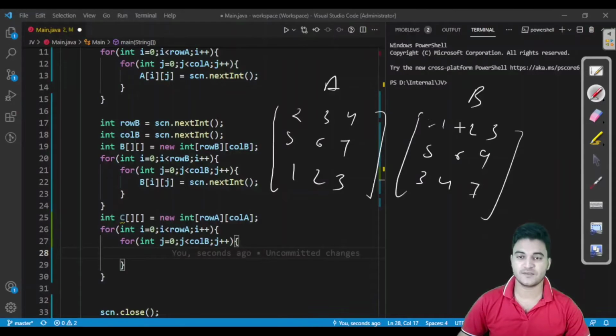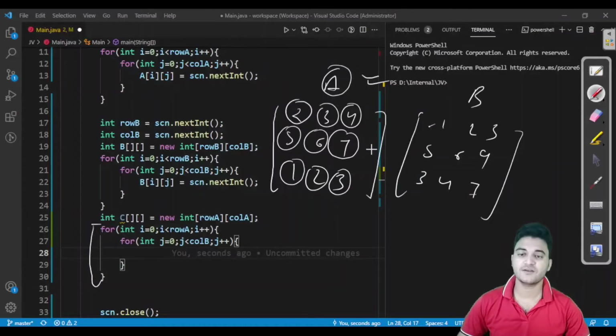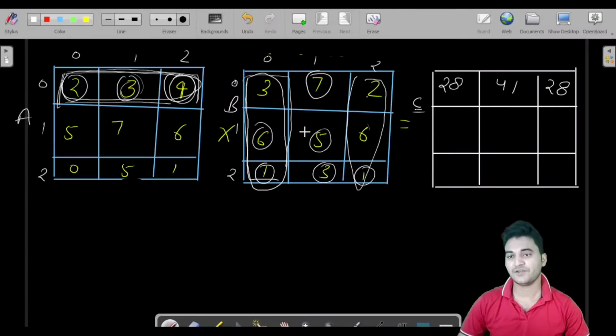What we have written so far are two nested loops which would iterate over this column, this column, this column, or this box, this box, this box. This piece of code of 4 lines would iterate over each and every cell of this particular matrix. Fine. So now look at here, see it very carefully from here.